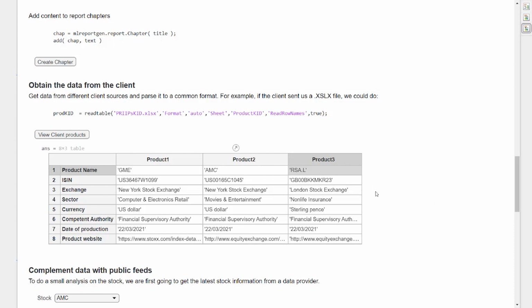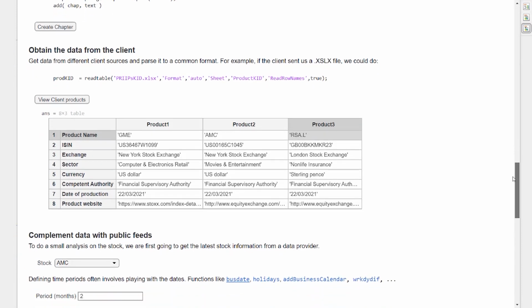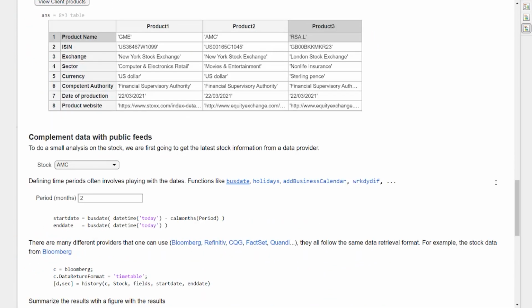And for this, I'm going to use some public data feeds within MATLAB, so you can use many different data sources for this purpose. The only thing to take into account is that when working with financial data, oftentimes you end up working with time series, and especially in cases like this one, where you have securities that belong to different markets, managing the dates is quite important, as these markets might not have the same opening days, right?